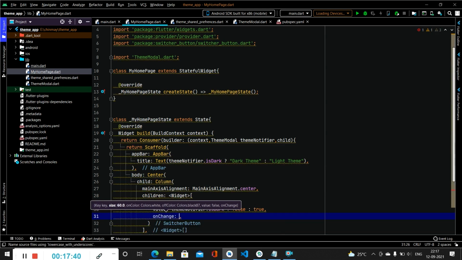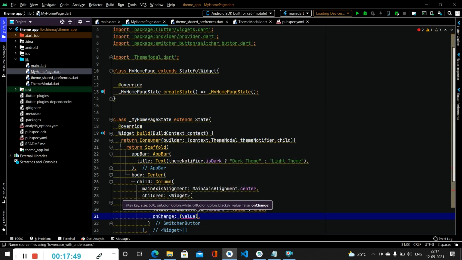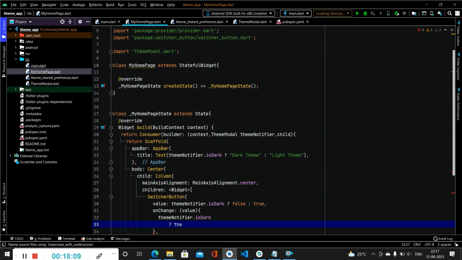Now we have to call one more method, that is on change. On changing the switch, we have to simply record the value. Inside the on change value, we have to call theme notifier is dark, and we will simply set theme notifier dot is dark as false.